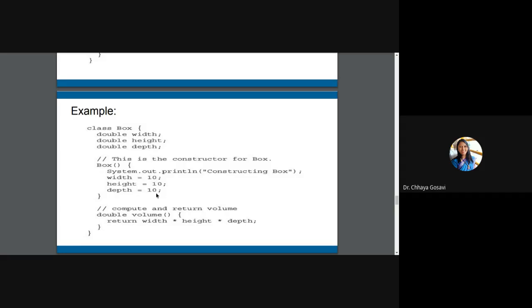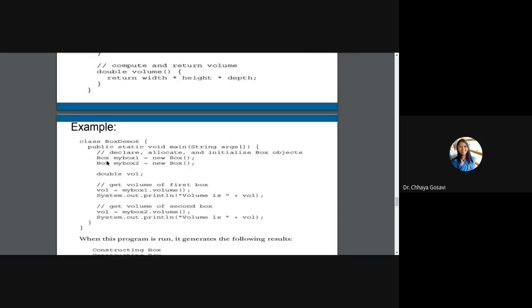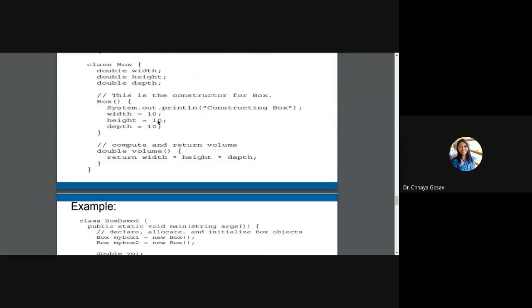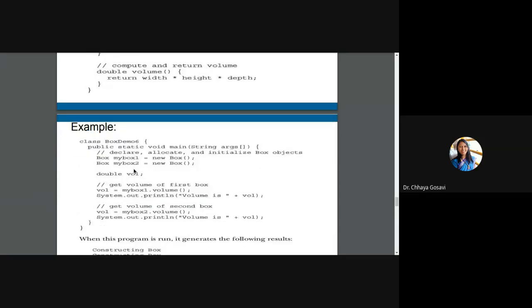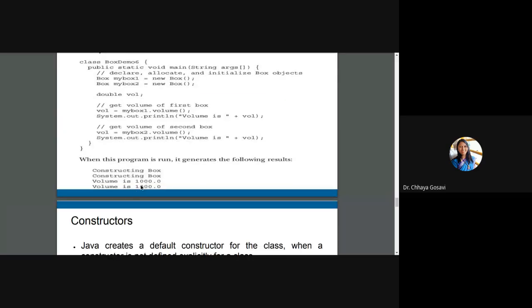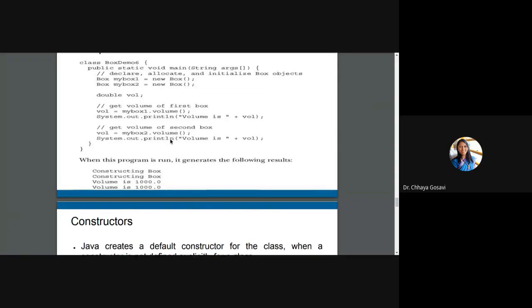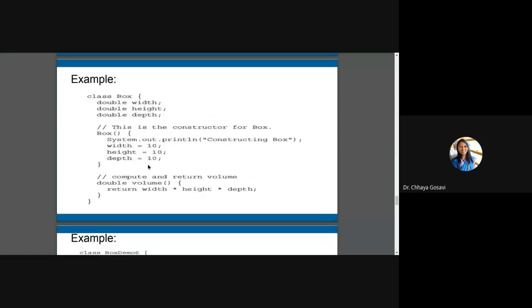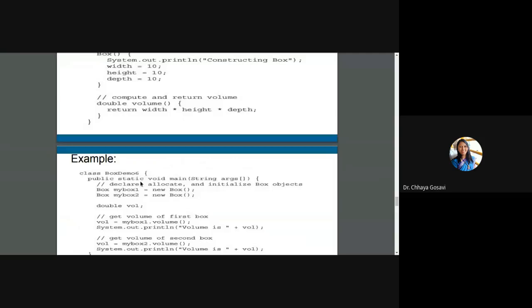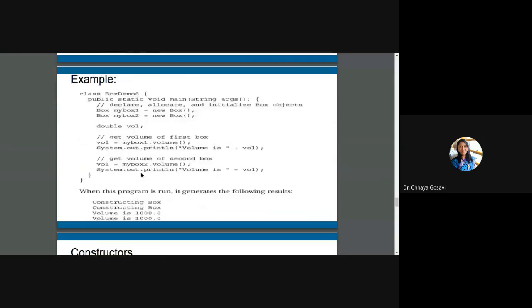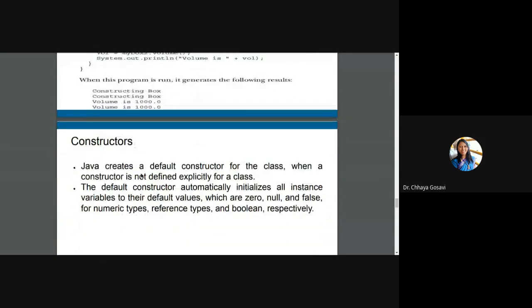10, 10, 10. So whenever we create a box, myBox is equal to new Box, the dimensions of the new box will be 10, 10, 10 automatically, because we have given these values here. So when any new box is created, there is no need to assign any values using setDimension or the main method. We can directly calculate the volume, and it will be the same in both cases: 10 into 10 into 10, which is 1,000, because as a default constructor, we initialize it to 10, 10, 10. If you want to make it generalized, we need to pass parameters to this constructor. That constructor is called a parameterized constructor.